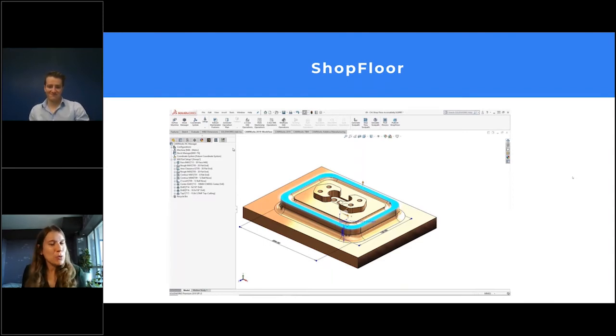It was introduced back in 2019 to the CAMWorks suite of software products. It's this really neat collaboration tool between CAM programmers and CNC operators on the shop floor. And it allows the operators to view the CAD model. So that's an individual part file or even an assembly of parts, and the CAM data that are associated to